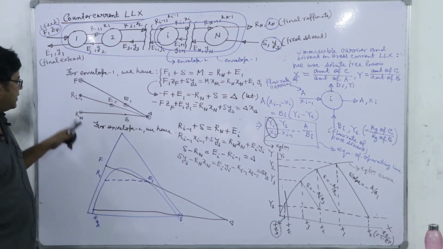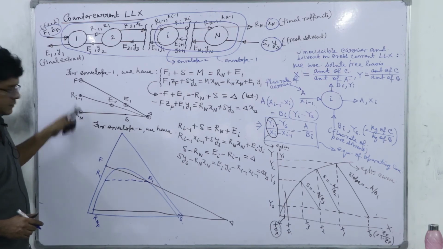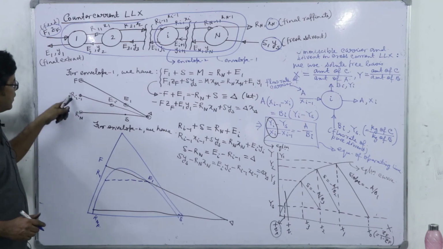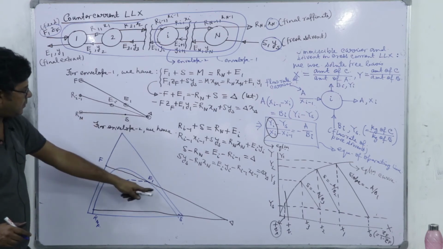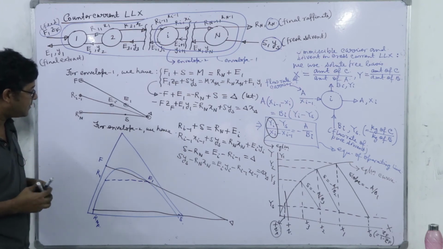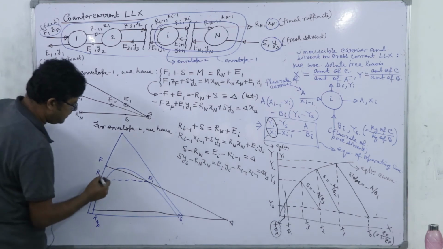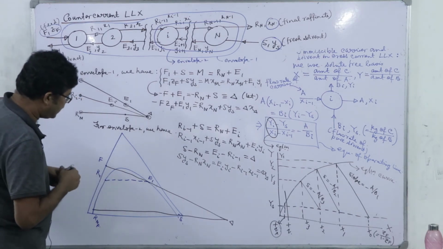Now R1, if I join, see this is i minus 1, this i is 2, right? So that gives you R1. So R1, if I join to delta, it must intersect the binodal solubility curve's right hand side, that is the extract side, at this point E2. Okay? So if I join it,